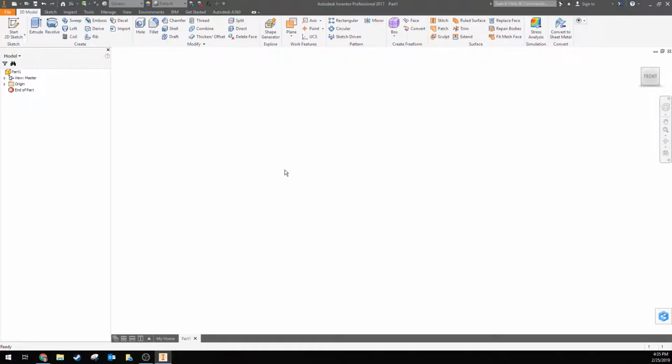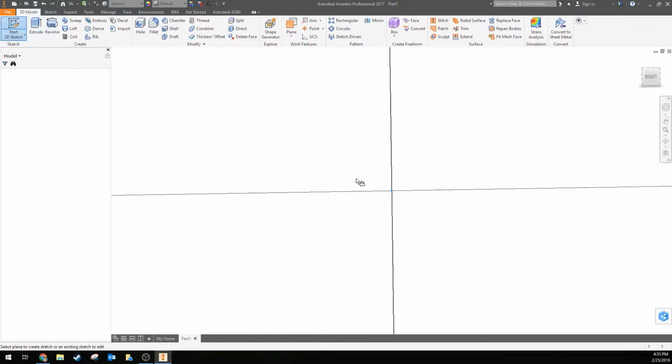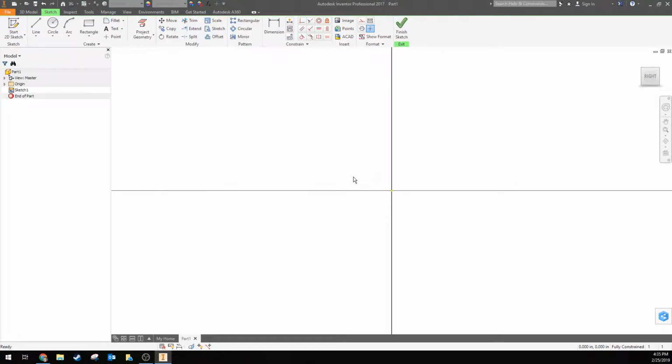This next part I'm going to show you how to make is called a coil. So I started with a new part, and what I'm going to do now is start a 2D sketch on that part on one of these planes, and I'm just going to use the origin axis to coil around. Alright, so I'm just going to put a circle over here,